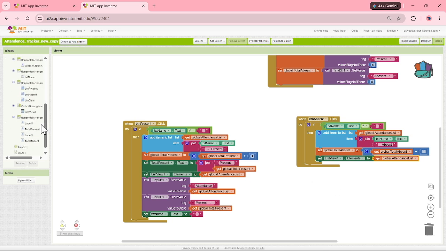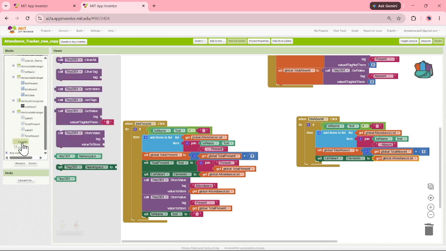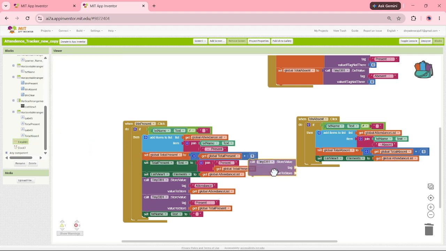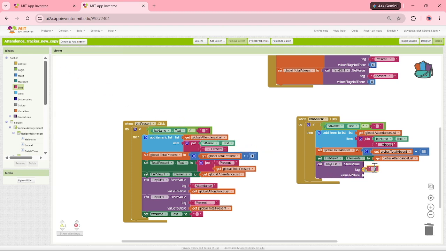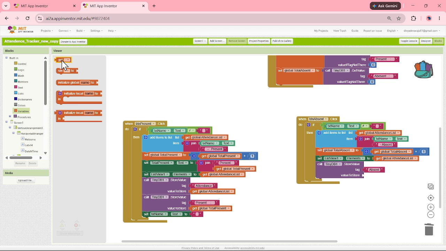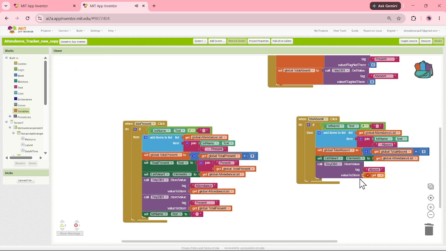So now here we're going to go down to the database, and then I'm going to say call tiny database and store and tag the value. So I'm going to tag it with the value absent. Okay, I think I wrote the wrong spelling. Absent. And then I would be getting the variable here which says get global total,